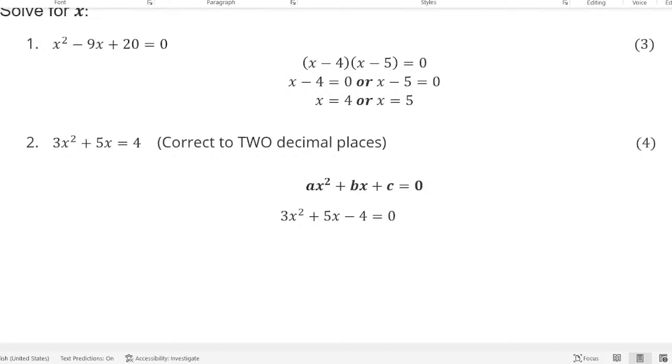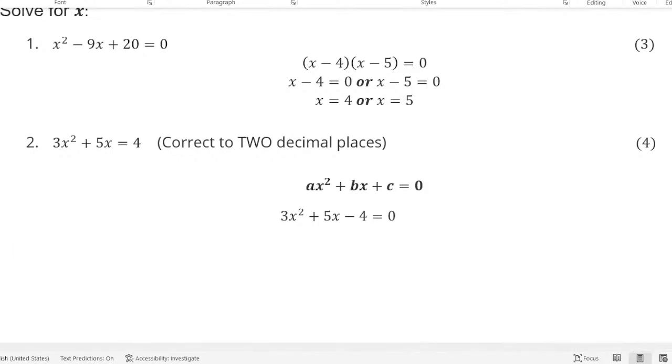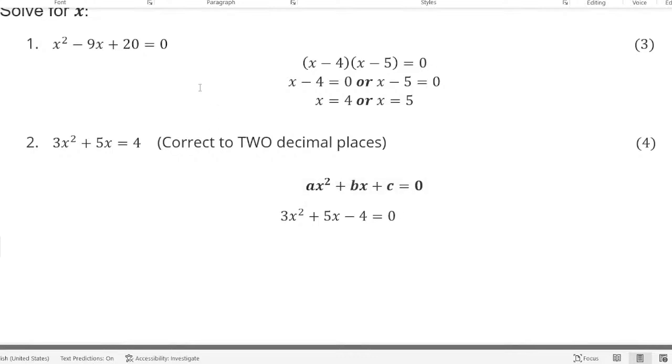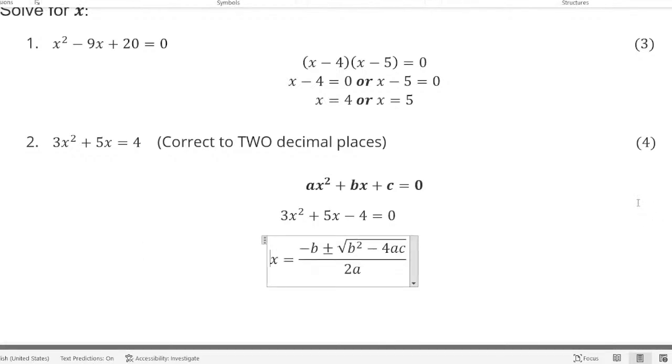So let's continue. Then here we'll use the quadratic formula. I believe you know it by heart. All right. So the quadratic formula is x is equal to